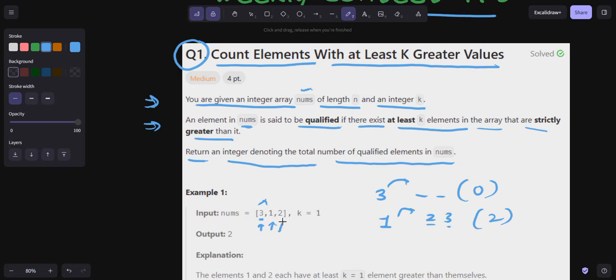Okay, let's suppose I am here. So this element is 2. Now again search for how many elements are greater than this 2. Only one element is greater than 2. That's it. So here, an element in nums is said to be qualified if there exist at least k